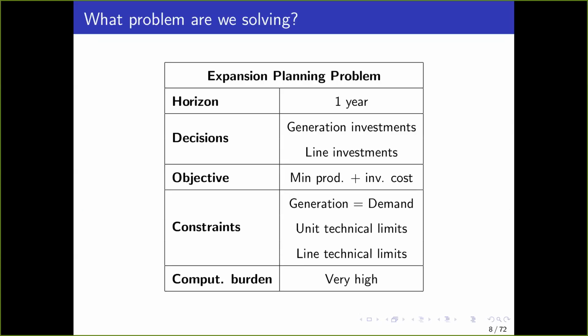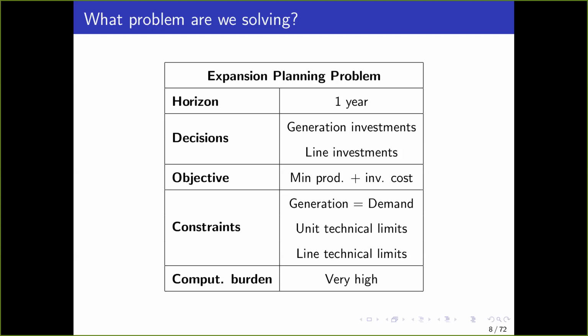So what problem are we solving here? It's going to be an expansion planning problem. The horizon is just going to be 1 year. For example, we are going to look into 2030. We are going to decide which investments we should make for that particular year. So the decisions are going to be the generation investment and also investment in the network. And our objective is to minimize the investment cost plus the production cost that will take place during that year